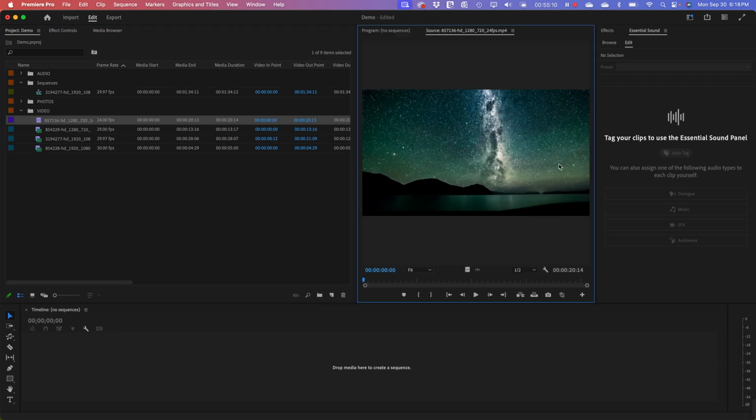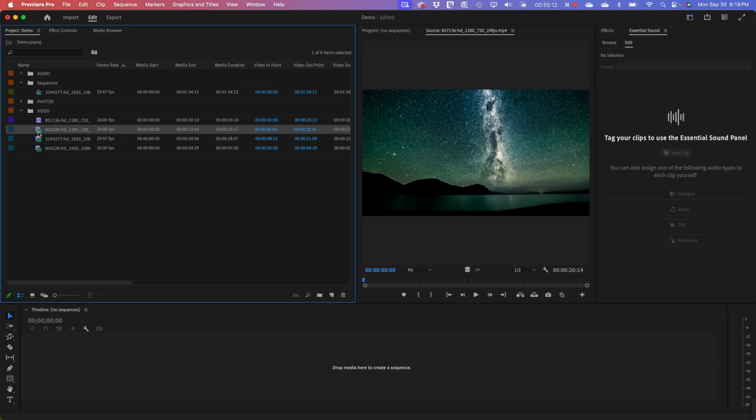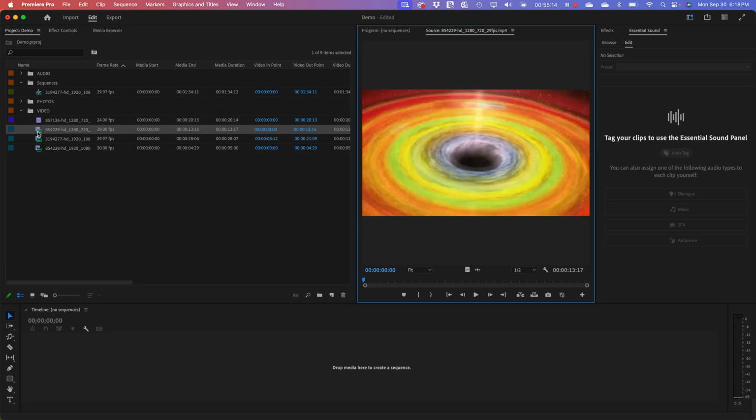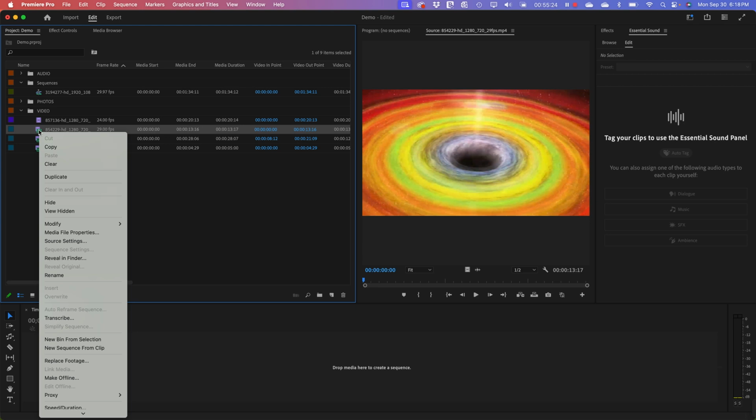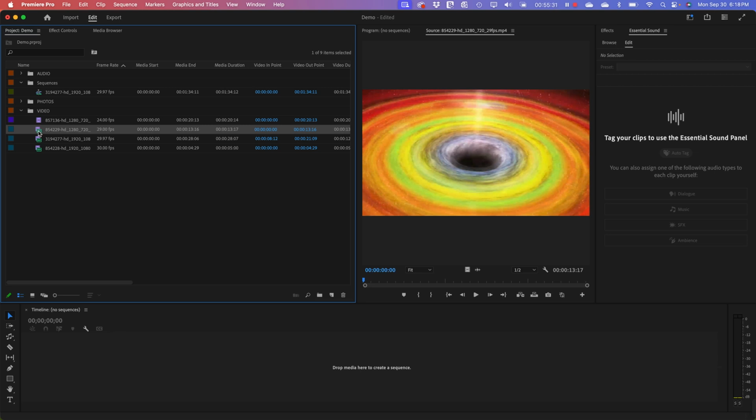If I double click on these sequences, I can see what they are. I think I want to work with this black hole image. So I'm going to create a sequence a third way. If I right click on a piece of footage,